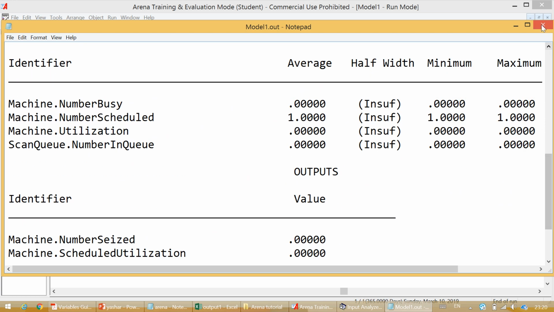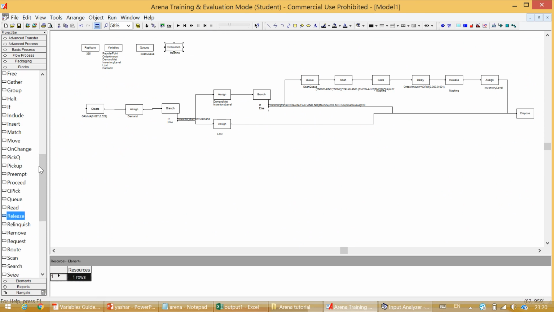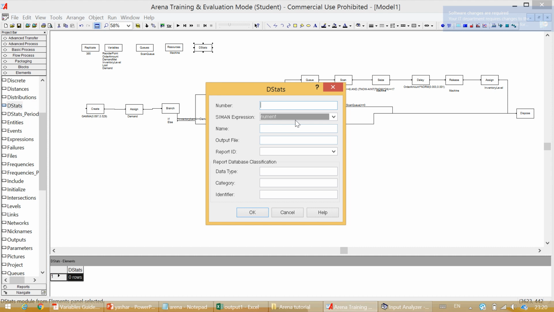Because I have not defined any statistics that I want to see, I need to do that. Okay, so I go to elements. I'm gonna put here dstats. Yes. What I want to see? I want to see